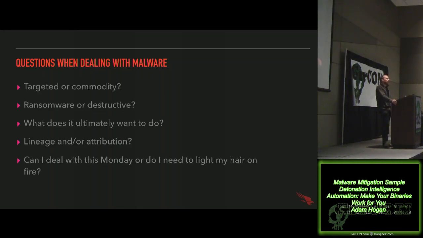So if you as an analyst get an alert from a machine learning algorithm that says this file is bad, you naturally have some questions that machine learning doesn't answer for you. You have to stop and think, okay, well, is it targeted or is it commodity? Is this directed directly at me or everybody? Is it trying to destroy my data? Is it going to ransom it back to me? What is this malware trying to do? If it had been successful, what's going on there?